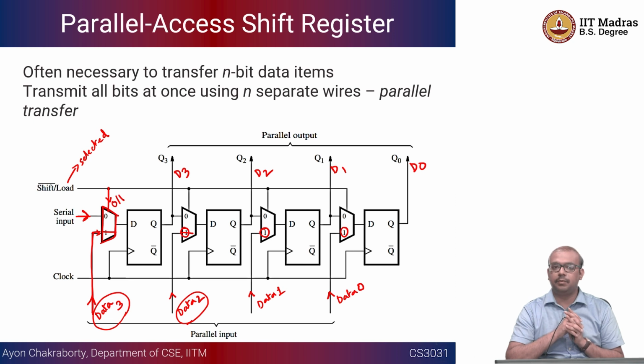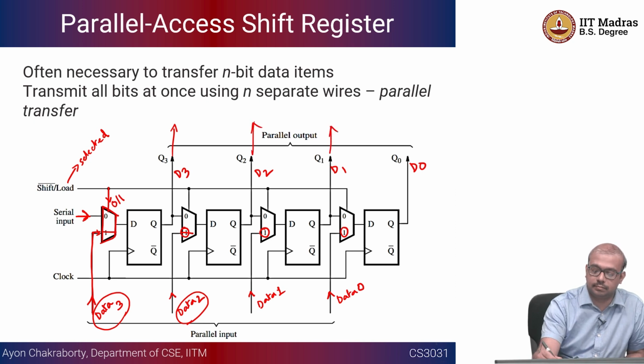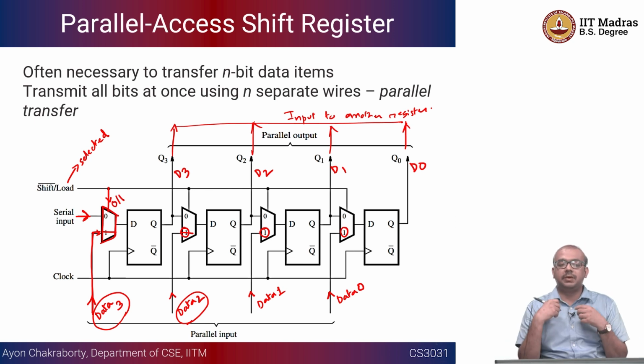So for loading the data, we want to typically load all the data together, right? Maybe I have one register, and from one register I want to copy the data to another register, right? So that is going to be a case of parallel input, because the outputs of the first register are going to be fed in parallel to the input of the other register, right? So this might go to another register's input. So this together can be input to another register,